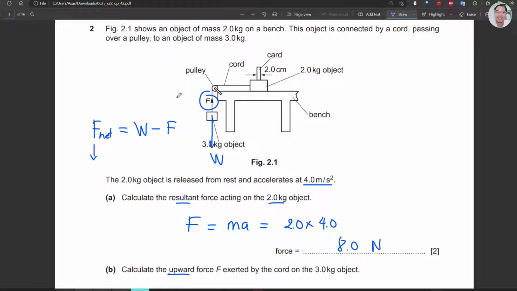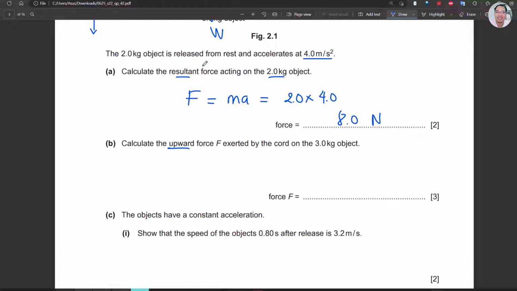Okay, therefore, firstly, we need to calculate the resultant force on that 3 kilogram object, which is F dash, equal to the mass, 3 kilogram, multiplied by the acceleration, 4 meters per second squared. That is 12 newtons. This force, the net force,